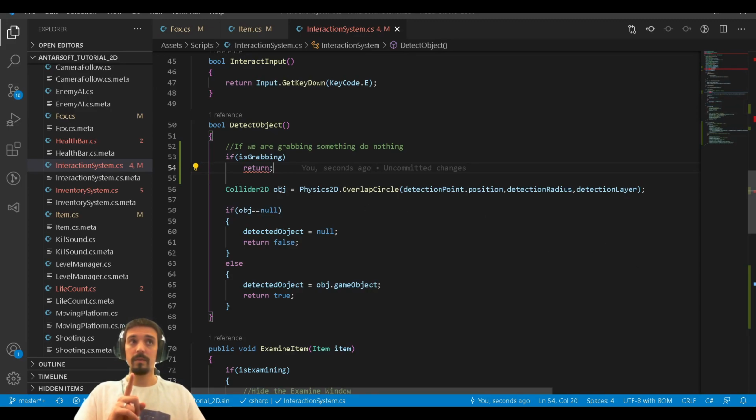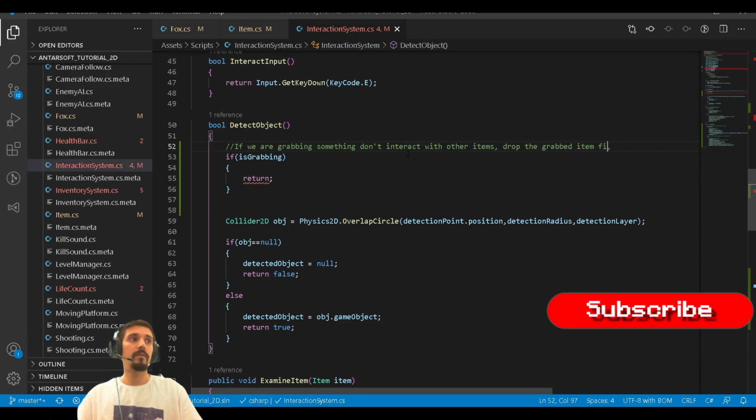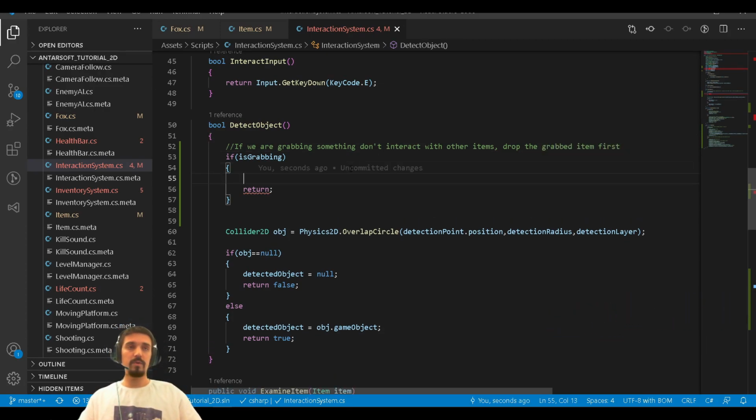But this is wrong if we keep it return. We have to just keep it here. If we have something grabbed, do nothing. But it's not technically do nothing. We can say do not interact with other items. Drop the grabbed item first. So this makes much more sense. So before we actually interact with something, we need to drop the item, which means